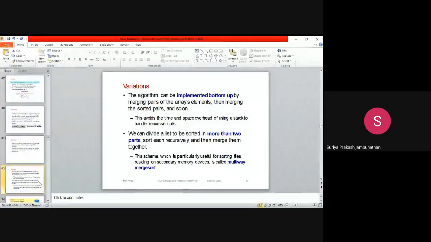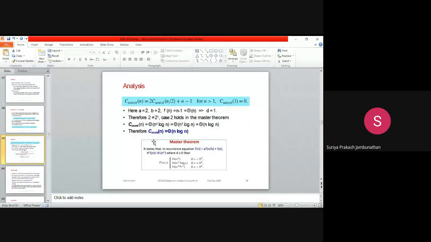So that is how merge sort works. For the analysis part you may have doubts. I will take the analysis part in a separate slide so that you can understand how the analysis works. So today we discussed merge sort, students, and we discussed the lab output also, how we did the output.